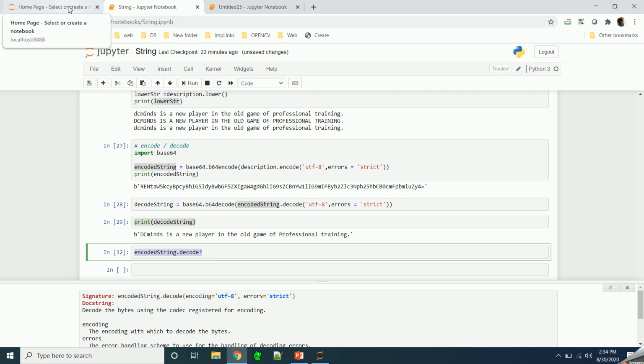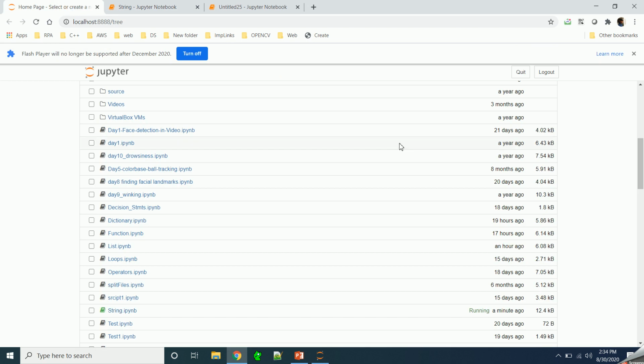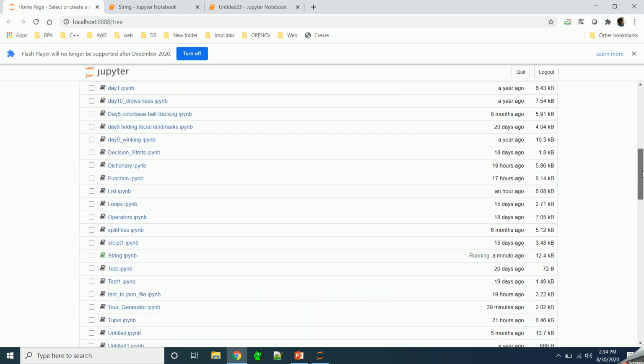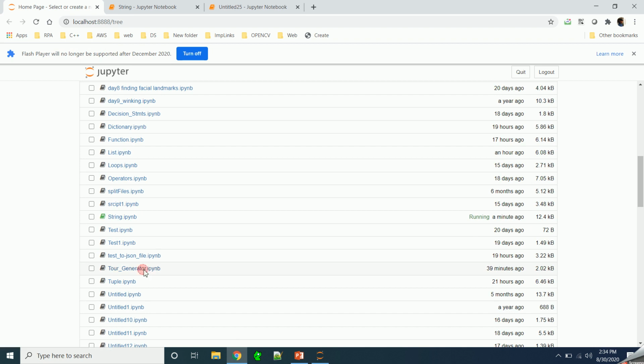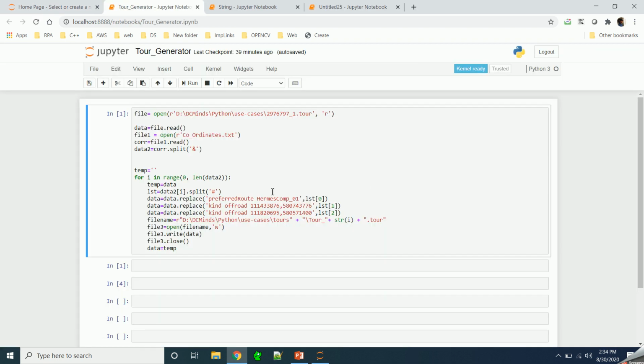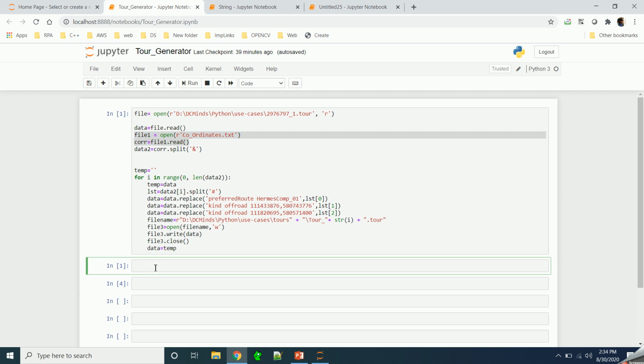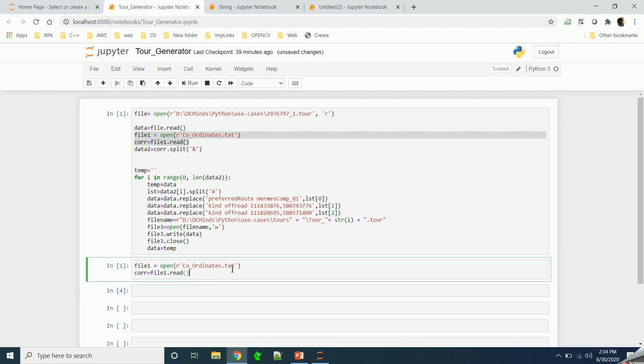Now let's see a simple script that I have written to solve my real-time problem where the string concept is also used. I have a file where some data is there, and I have to read that file, which has data in some format. I have to convert that file into some other format. So first I am reading it. Let's understand how the string is useful in this case. One place, if you see here, the string is used while giving the file name or path of the file.